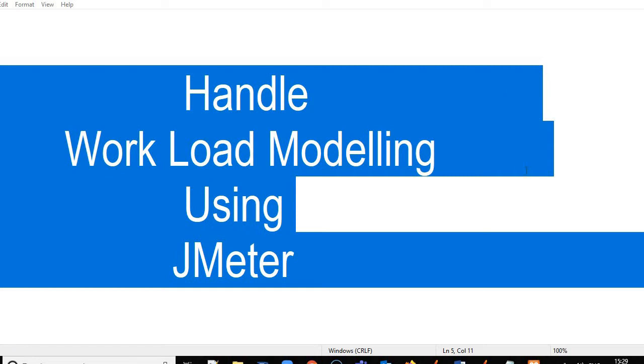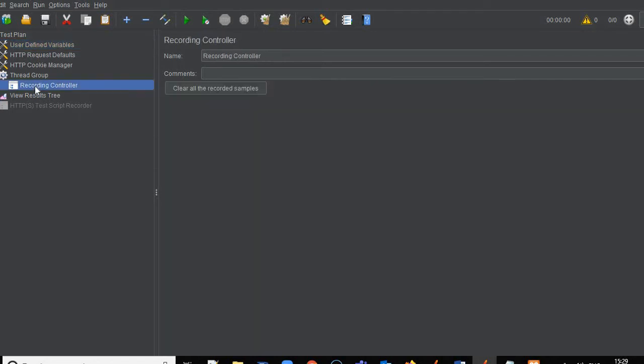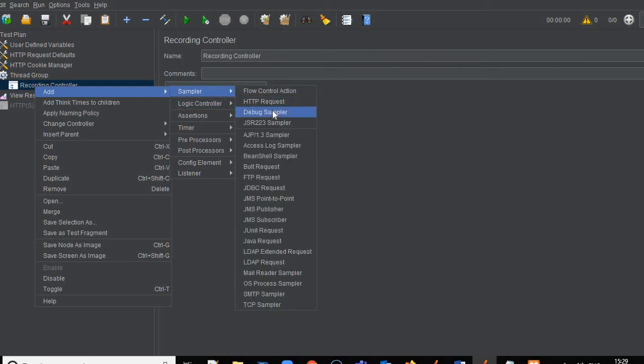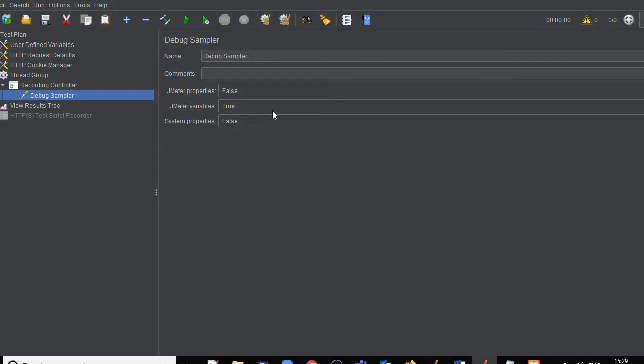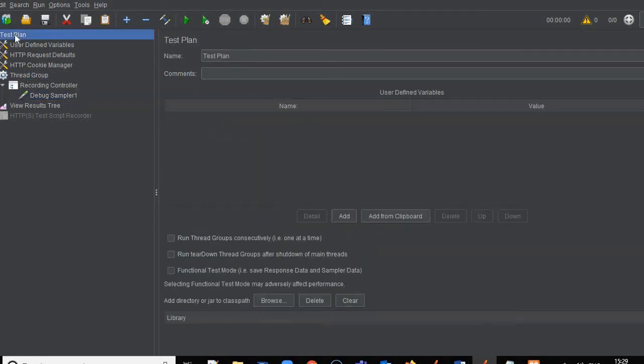So first of all, we will open JMeter. This is JMeter already open over here. We need to do the recording, but for now I'm not doing any recording. I'm going for a debug sampler, and I'll give it the name debug sampler 1. Then let me copy it and paste it 2 times. So now you can see